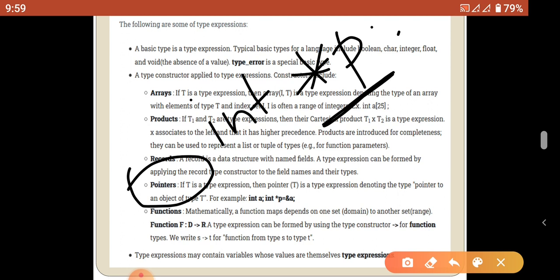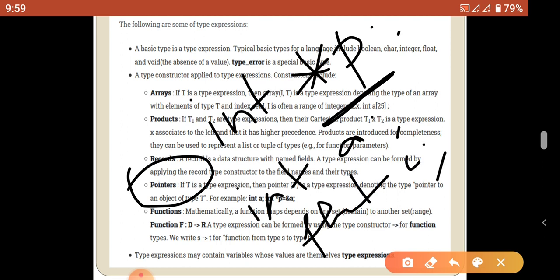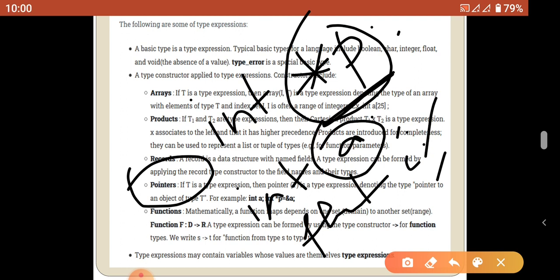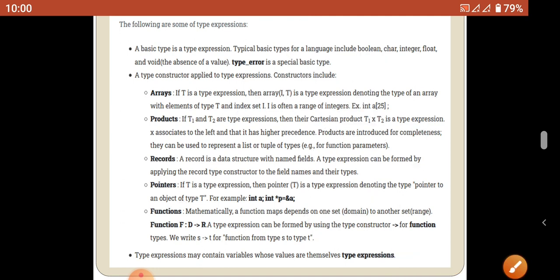Other data types may not be permitted, like int a, float c. So p can point only to the address of a, not the address of c, because c is a float variable. That is the main property of pointers. So a pointer can point to the address of the data type the pointer is already declared with. The next one we are going to discuss is functions.